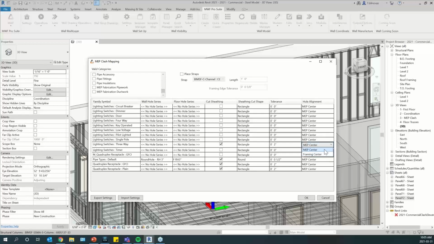So basically, the MEP center will refer to the actual MEP element. So it will punch exactly where your MEP element is. Again, if it's a pipe, if it's a little bit off center in your panel, it's going to punch exactly where it is. Let's say, for example, in case this was a mistake, maybe it was a little bit off center, but it would be too much work to